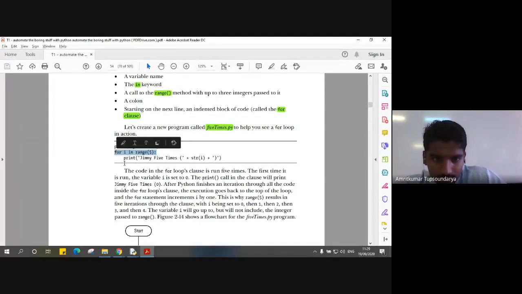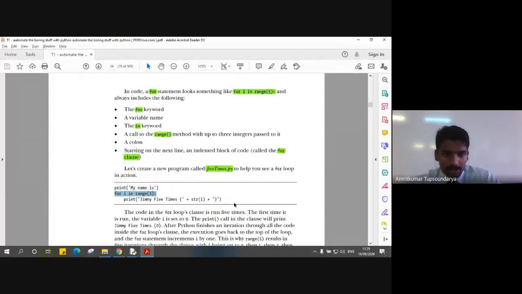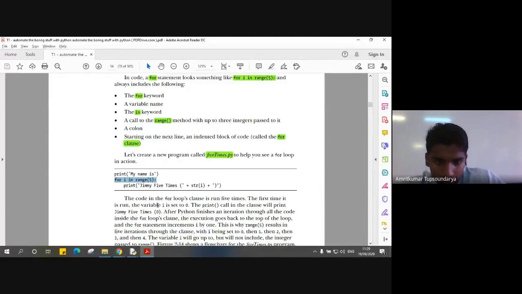This is the syntax for a for statement and a range function. As the name suggests, it is checking for the range up to 5, and every time it satisfies the condition, we print the statement Jimmy 5 times.